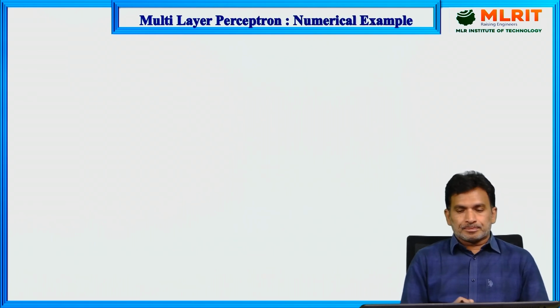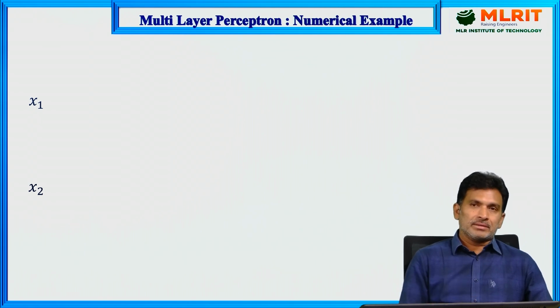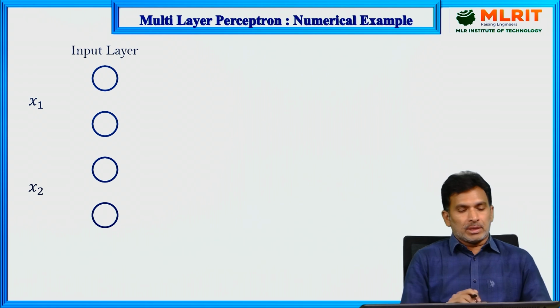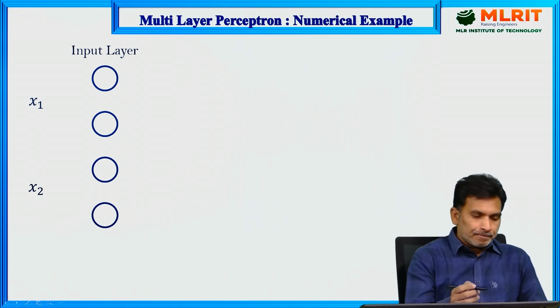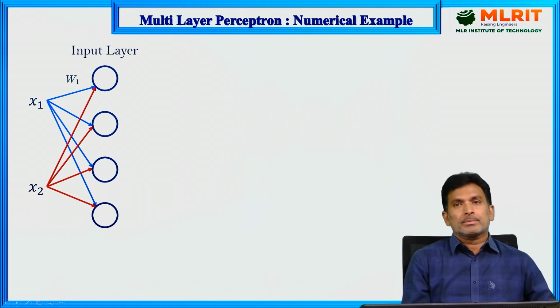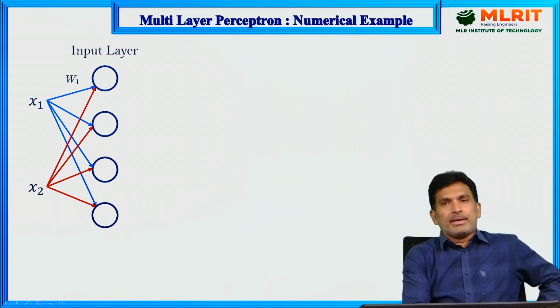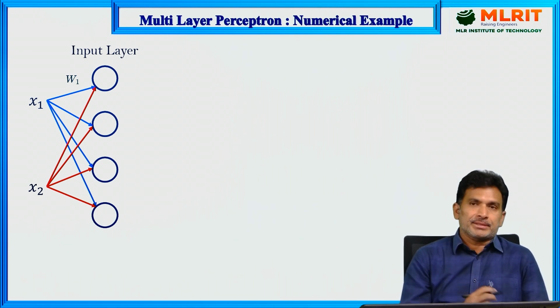So here let us take the two inputs x1 and x2, because the defined model takes two inputs. The input layer has four neurons, neuron 1 and so on. These are the four neurons. So we need four weights from each input. That means each input will not be given equal weightage, so we have to give different weights,